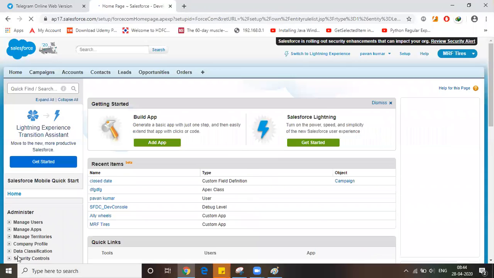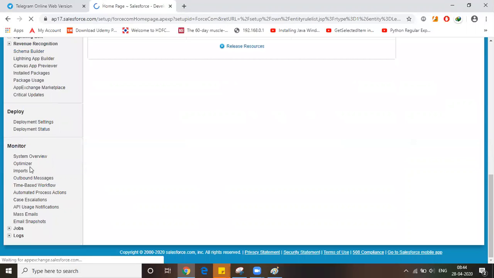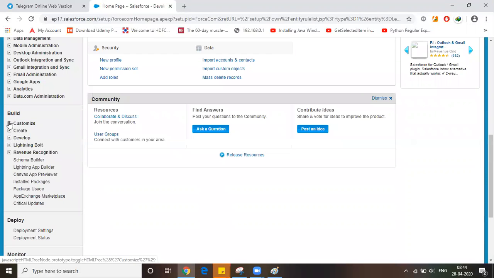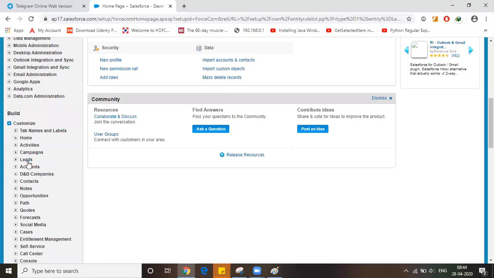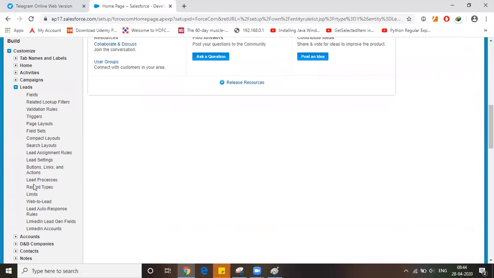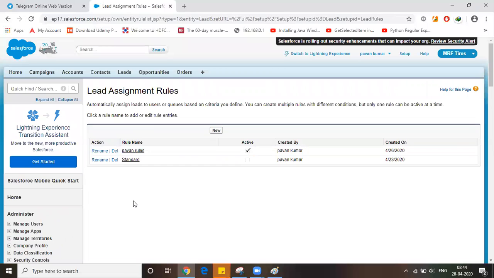You have generated leads successfully, and to take the lead to the next level, we need to assign that lead to an employee.